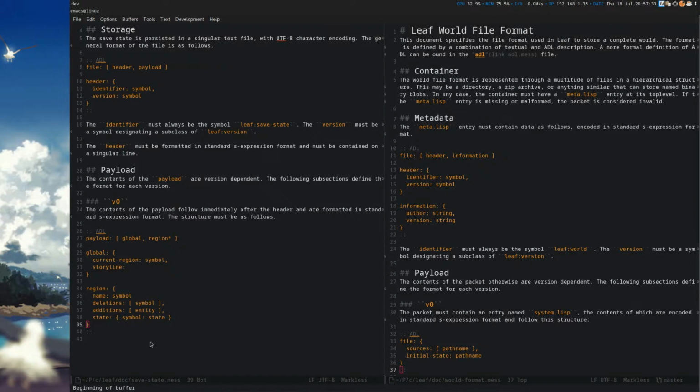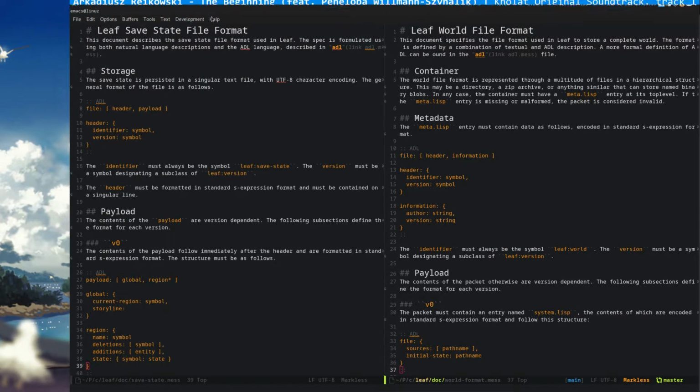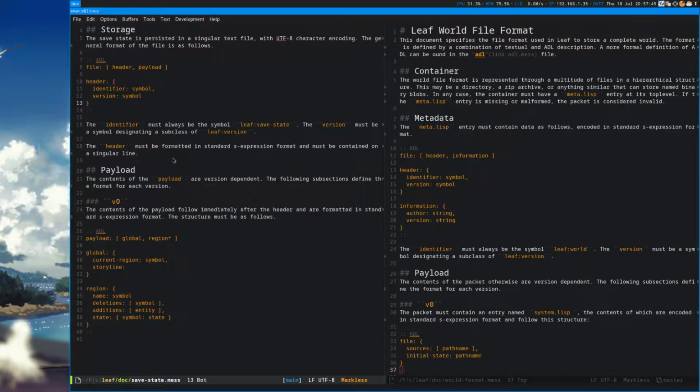Okay, I didn't want to interrupt the song. Right, I'm reconsidering this. The reason I'm reconsidering this very strongly is because when you leave a region and enter a new one, you need to save the state of the current region.